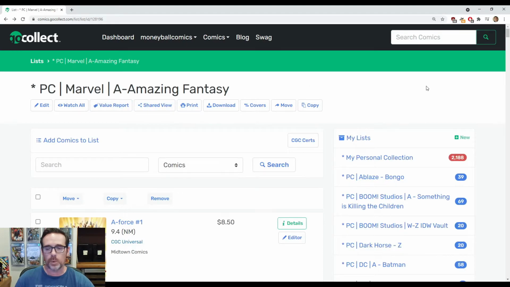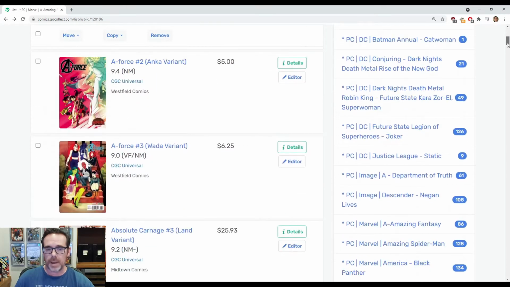This value report is super, super important. And so you want to be able to leverage that. So when you're creating these lists, you want to make sure that your list is never going to grow over 500, because then you're going to start to miss out with what's in the list. And again, the way that I organize it is mapping the bins that I have in my personal collection to